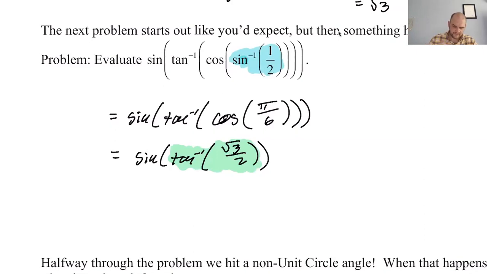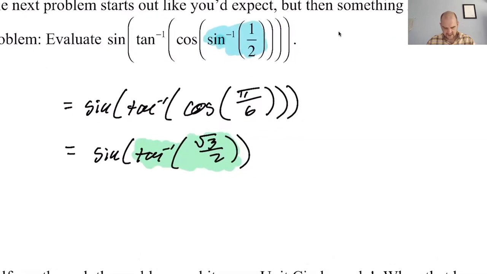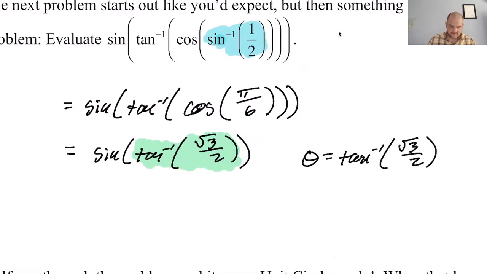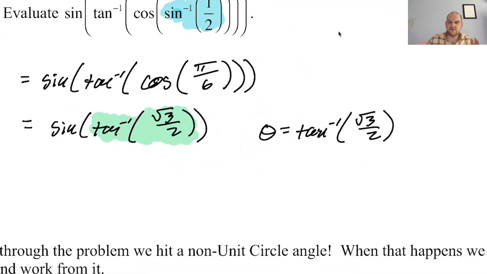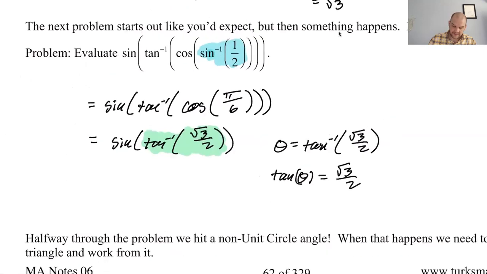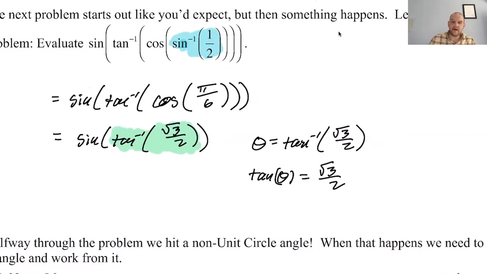So what I'm going to do is say that this is theta. I'm going to say theta equals the inverse tangent of root 3 over 2. You can use this anytime there's an inverse trig function that you're a little uncertain of. Call it theta, write it down, see what happens. So I'll take the tangent of both sides. Tan of theta is radical 3 over 2. All right, I still don't know what that is, but if the tan of theta is radical 3 over 2,